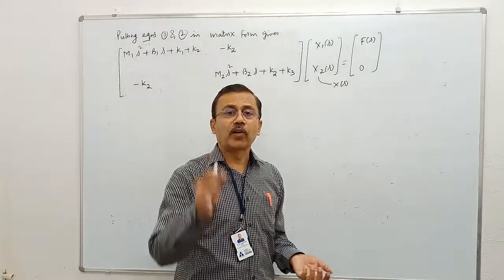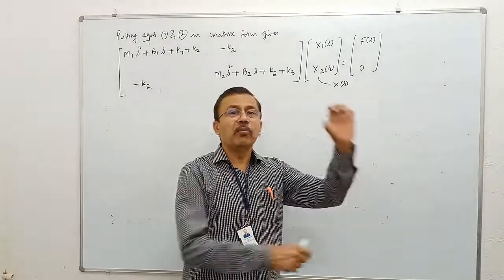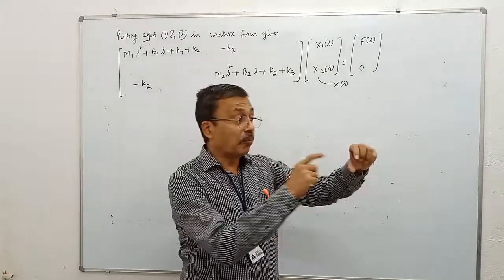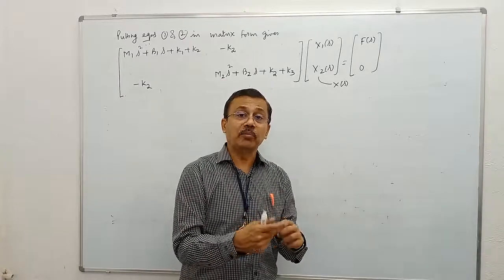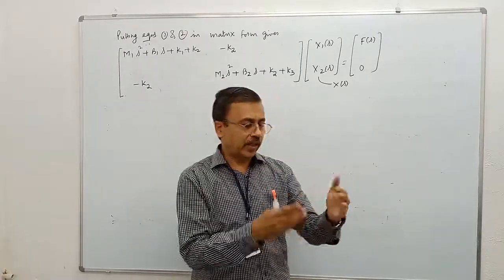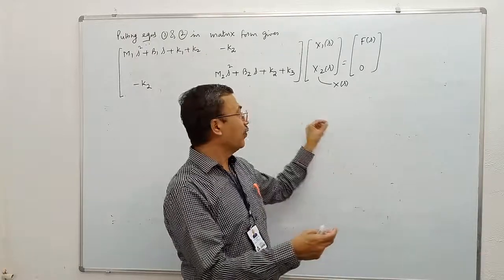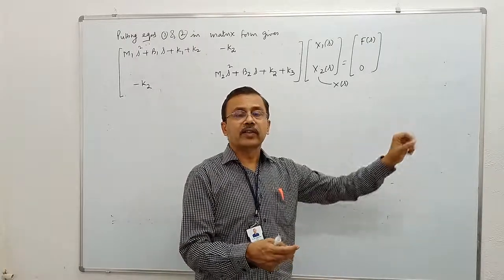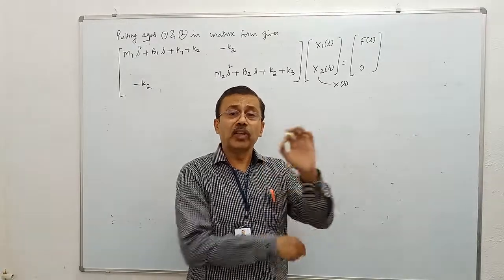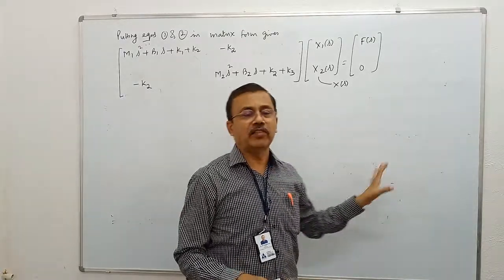For example, what is the coefficient of dx by dt? It is m. M is a constant. Therefore, it is a time invariant system. If mass changes with respect to time, then it becomes a time variant system. Let us take an example. You take your bike. When you are traveling from one point to another point, your weight, assuming the consumption of petrol is minimal, then it's a time invariant system.